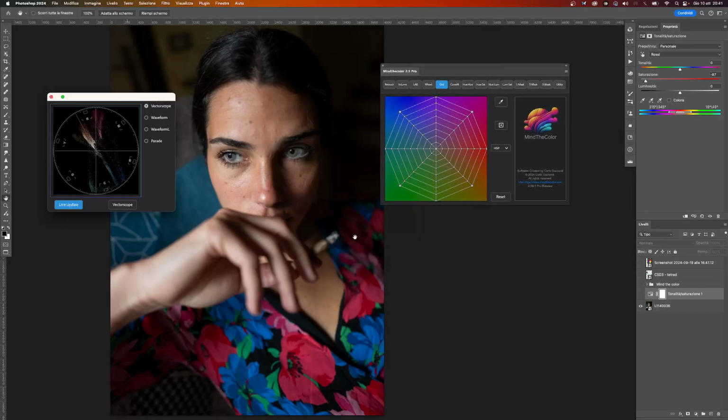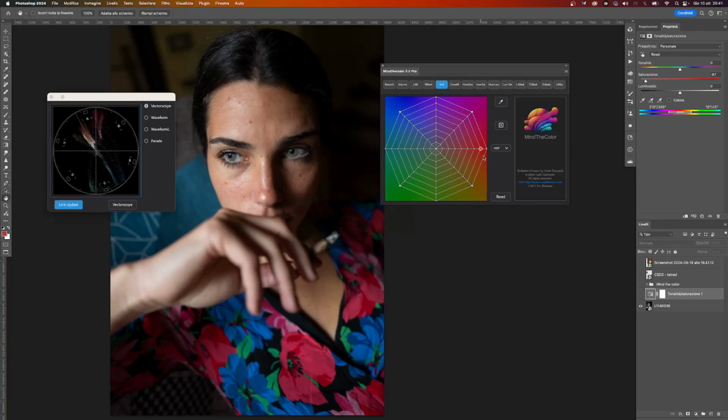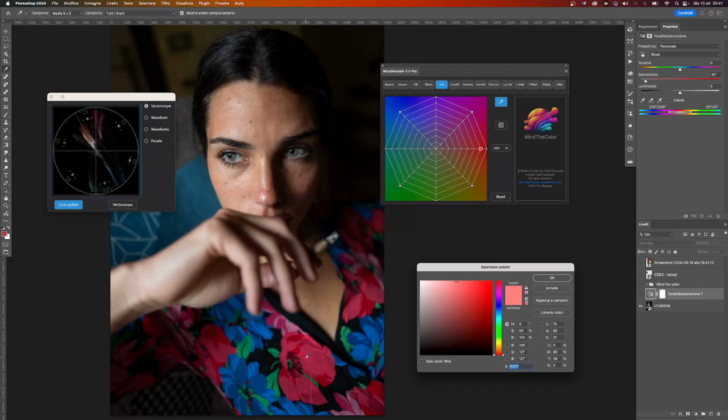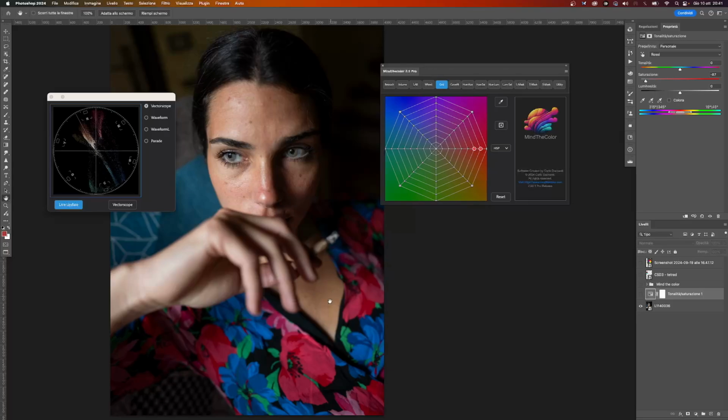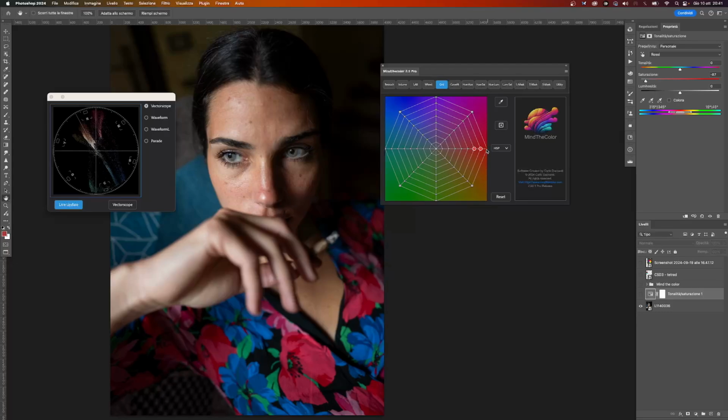First of all, I can analyze the picture and select the color of the red flowers. For example, I can click on this selector, select this really saturated red color here on the flower, click OK, and a point is born here in this section of the wheel. I can click another point, for example this one in the flower, and that's another point. Let's see if there's another one, maybe here. Okay, that's the extreme point in the red saturation.